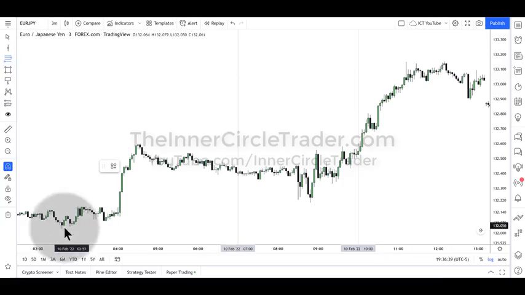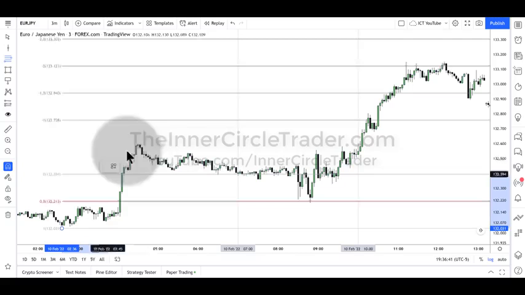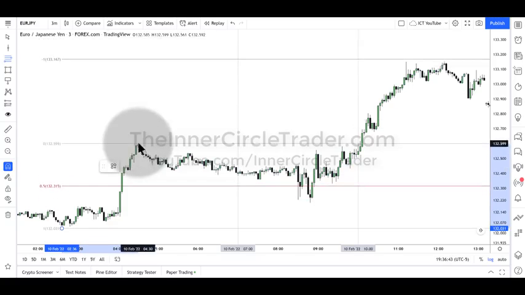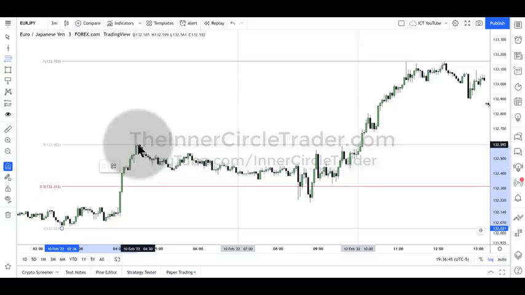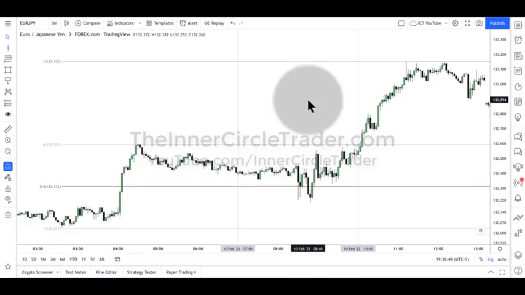Well, I like to take a fib. Anchor it. Don't let go of it, Michael. And anchor it to a previous swing. Okay, so from this low to this high, after we leave this consolidation and start to trade higher,